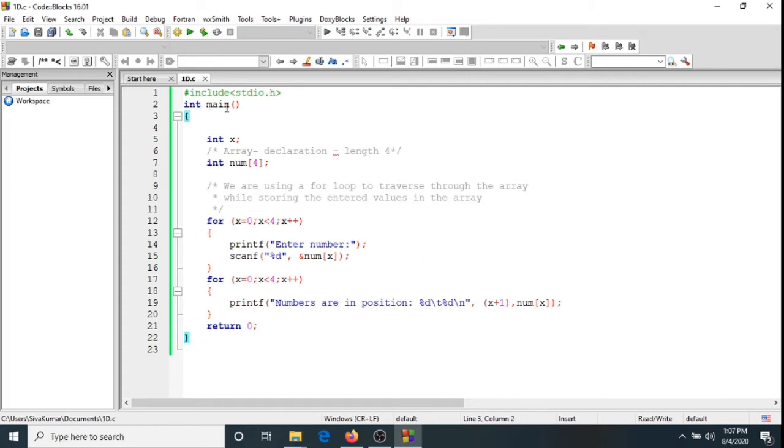So first, we need to start with the header file, #include <stdio.h>, and then we need to specify the main function, and then declare the variable x as an integer type. So this is a counter variable where we will be using it. For your reference I am making it